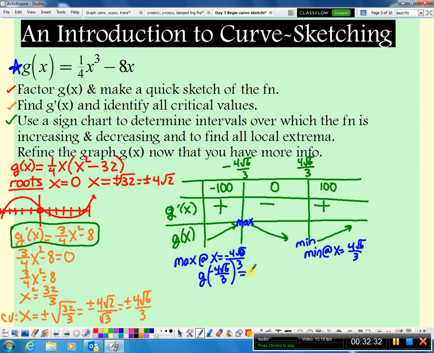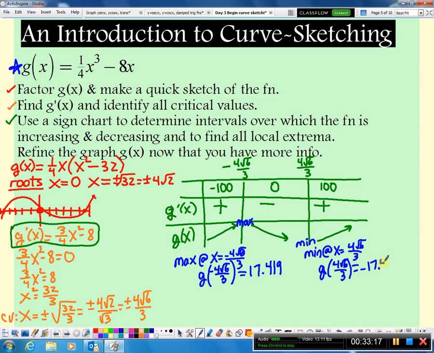All right, finally, I'm getting 17.419 on this one. If I'm plotting, I'm just going to plot roughly 17.4. Let me do g of positive 4 square root 6 over 3. I'm going to show you something when I get back with the calculator that might help you move a little bit faster on this part. Yeah, I'm getting negative